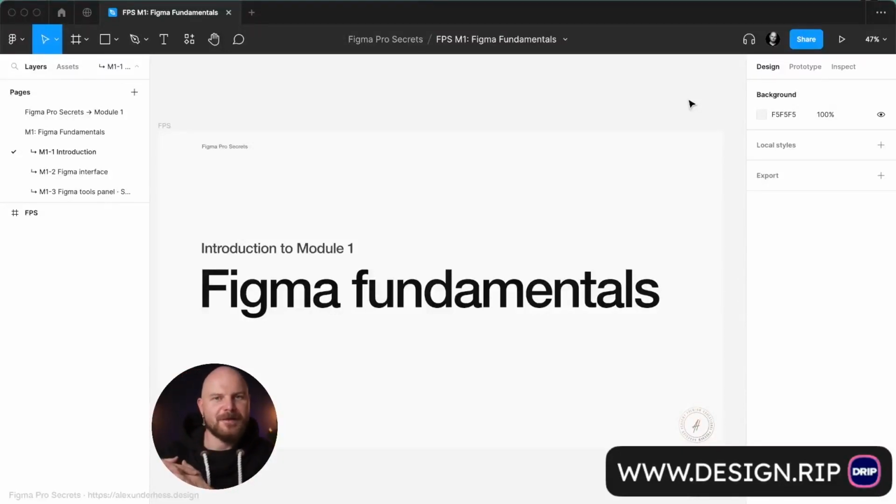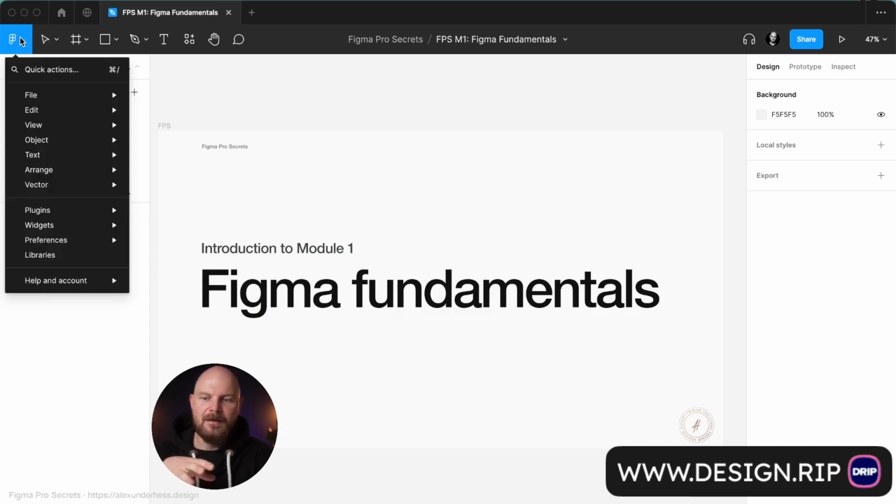Welcome to the Figma Fundamentals module, where we'll be talking about all things Figma. Tools, shapes, frames, groups, sidebars, left and right sidebar, the Figma interface, how to change theme from dark to light, light to dark, how to change the canvas color. So basically every single thing that you see in Figma in general, this is exactly what we'll discuss in this